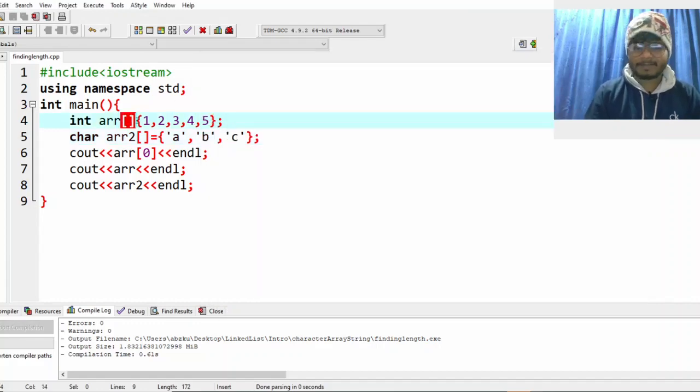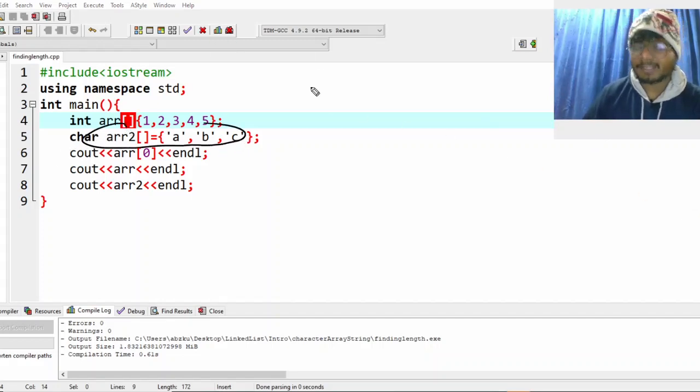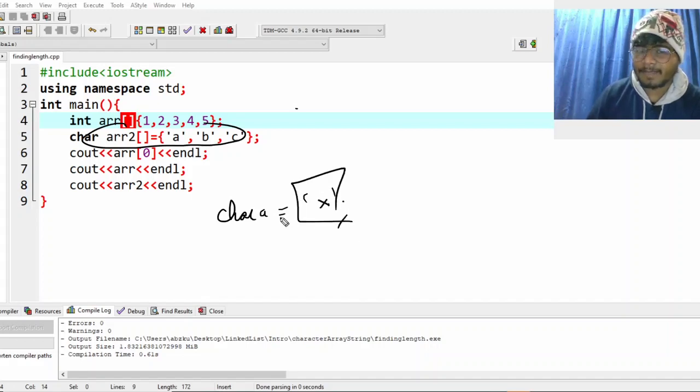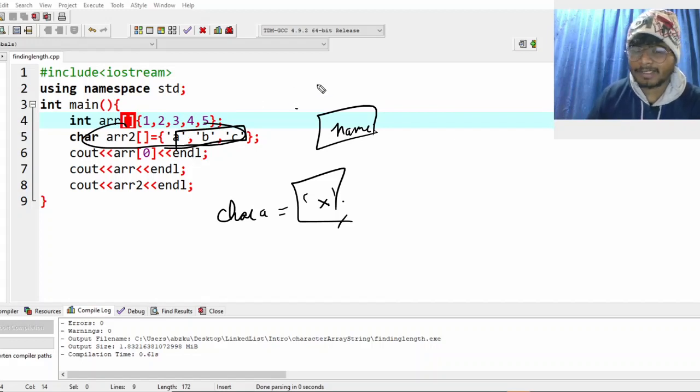Actually inside of C++, these character arrays are made differently. Why differently? Because if you have your data type char, it is used to store only a single character, let's say x. But if you want to store a name, how are you going to do it? Obviously for a name you need to store it like this. Makes sense? And as soon as you print ARR2, ARR2 basically says